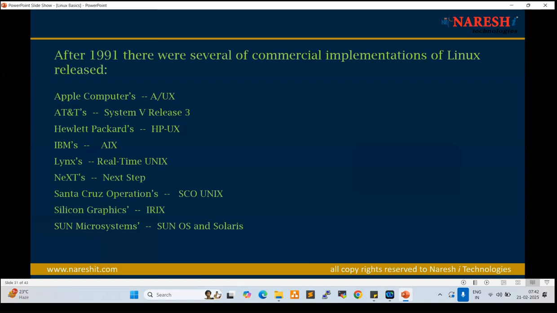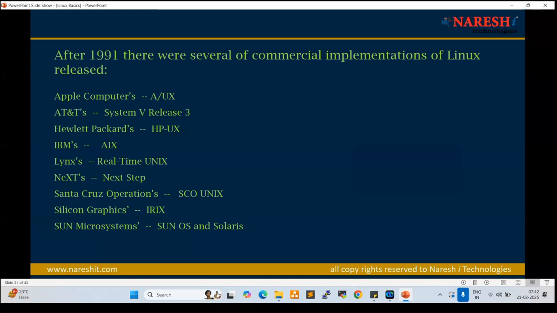Currently, so many flavors are available in Linux, because they give the kernel free and companies customize their own flavors. For example, we are using laptops, but inside the laptop we are using a storage drive and a processor. Which company?